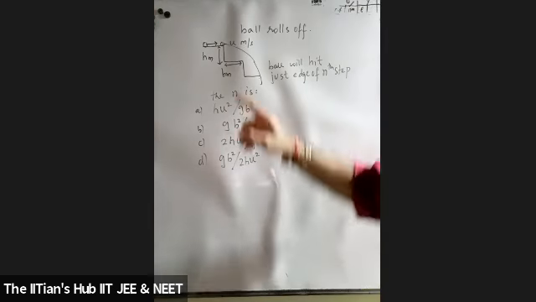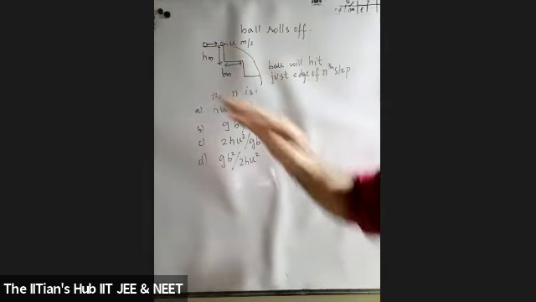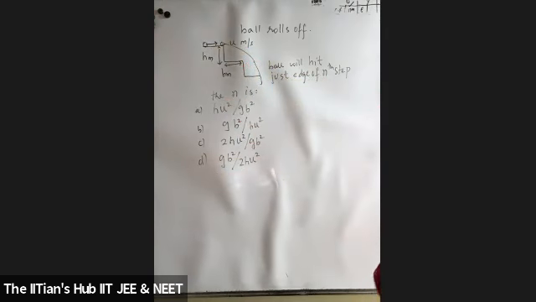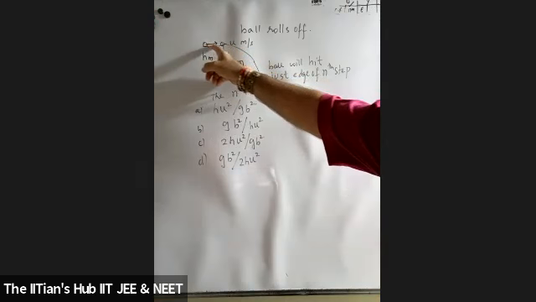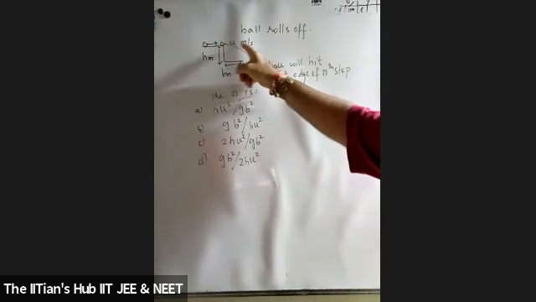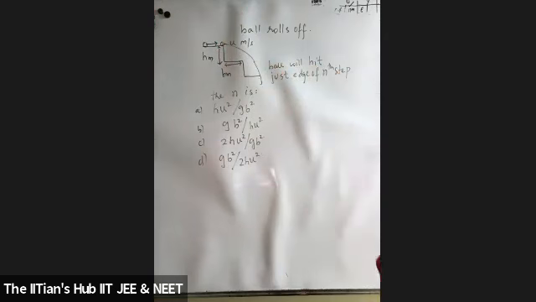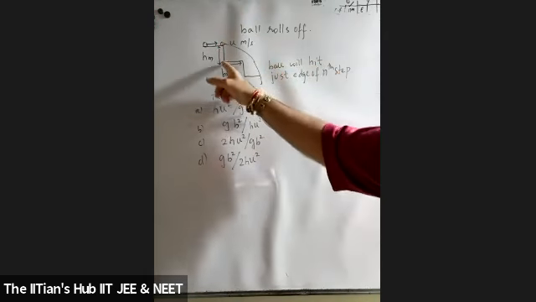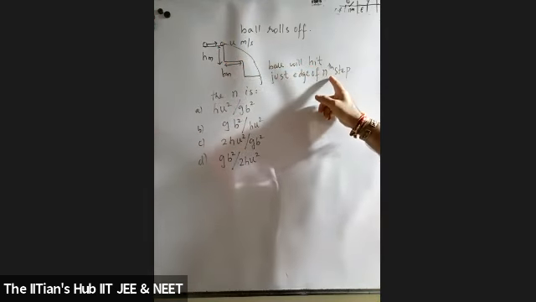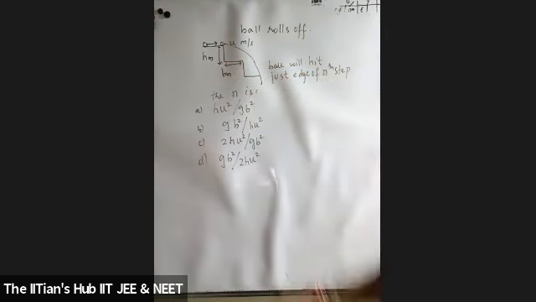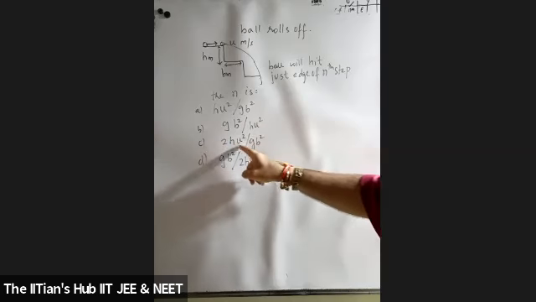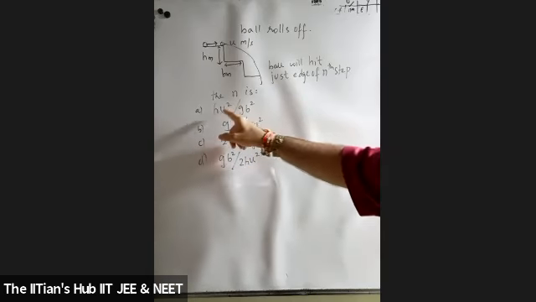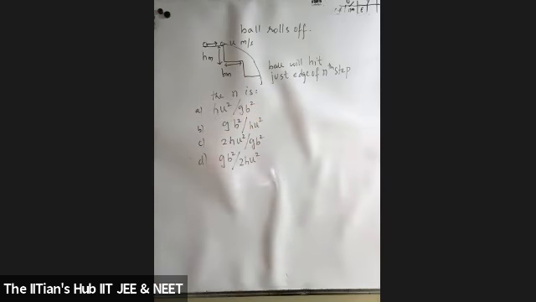I repeat, एक बॉल है जो रोल हो रहा है, स्टूडेंट्स. फॉर एग्जांपल स्टेयरकेस से बॉल नीचे की तरफ जा रहा है. A ball is rolling down from a staircase and it has a horizontal velocity of u meter per second. The ball covers a height of h meter for each step, and it covers a width of b meter. When the ball hits just the edge of the nth step, what is n? Options are given to you. Is the question clear to all of you? Yes, sir. Okay, please try to crack it.